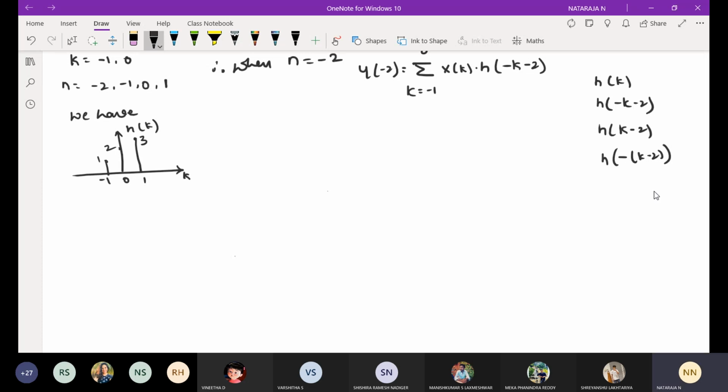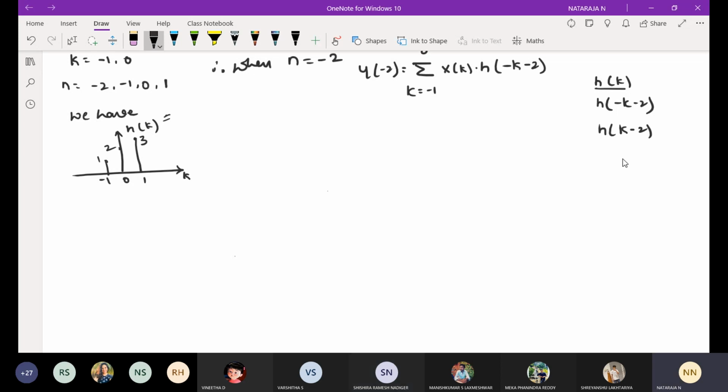Any doubts? No, sir. Sir, will this signal vary after replacing with -2 in the graph? Does it become plus? No, not plus. You may get confusion with respect to this, right? Last one. Okay, now we have h of k. I have written here h of k. Am I right? Yes, sir.